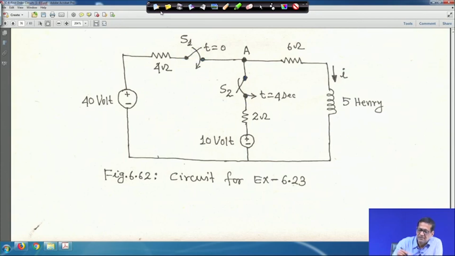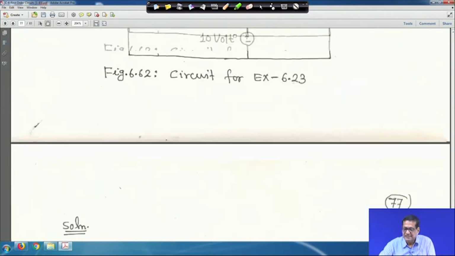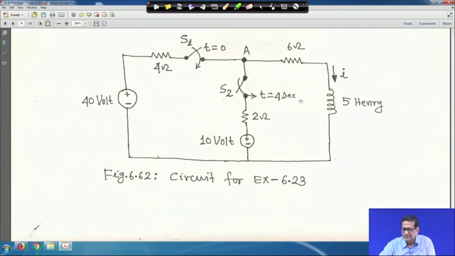Let me clear it. Initially this switch was open and this was also open. So, that means this voltage source has no effect. If you look into this, initially, as this is open and this is open,